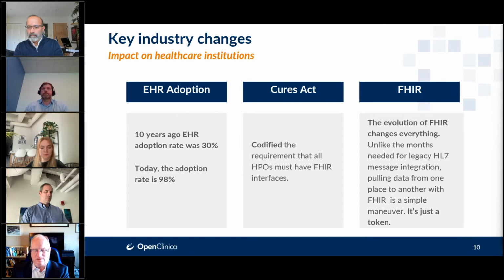So the Cures Act codifies the requirement that all HPOs must have this FHIR interface on and running. And FHIR itself has evolved to the point where it's actually easy and straightforward to get a lot of the structured data that in the past had to be entered by hand by clinical research coordinators. So that's the big change, and why now as opposed to 5 years ago, and things that you all should